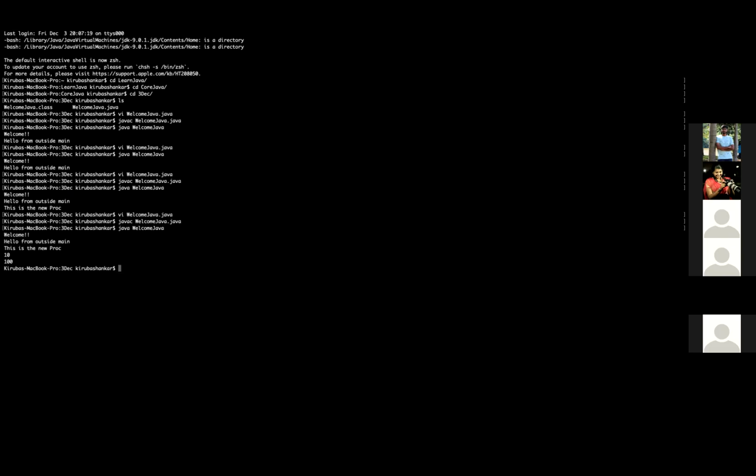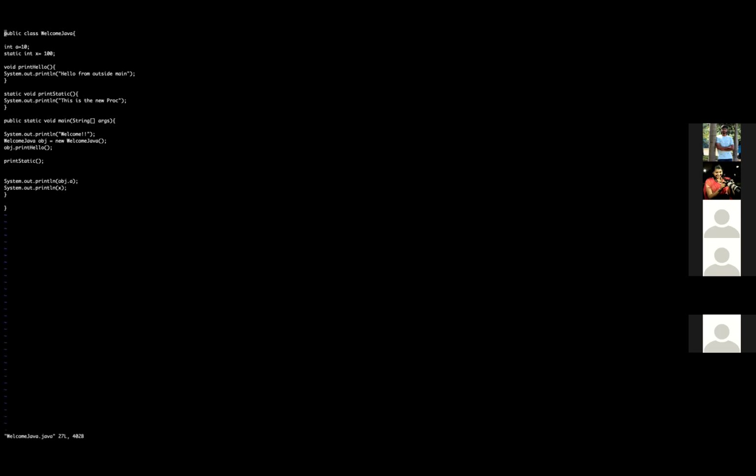Running it. Okay, so now you got your output. As per your request, we'll try to access it with an object. So it is not an issue, but unnecessarily we are invoking an object call there. That's it. So you can write one more system.out.println and you can invoke it with your object. So others also please follow the same steps and try to execute it. And if you're having any queries, you let me know.